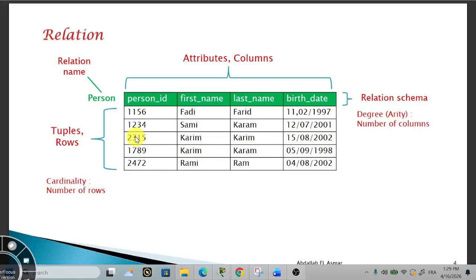So as you see, for the new relation that we have created on this select, when first name and last name are Karim, they have the same relation scheme, because this one we will take, this one will take, this one will take. But the cardinality, the number of rows, is less than or equal to the cardinality of this table. So in this table we have 1, 2, 3, 4, 5. The cardinality is 5 rows. But for the new relation,